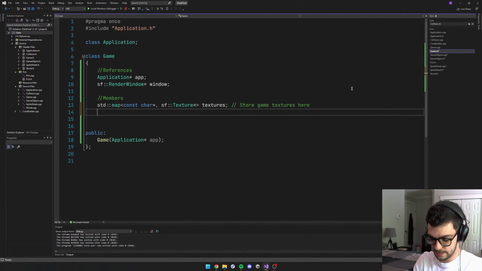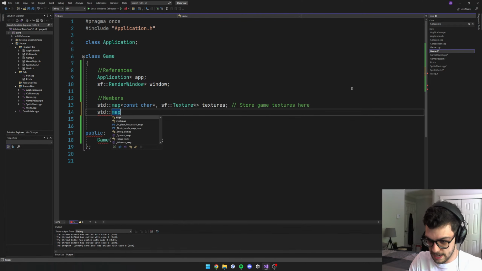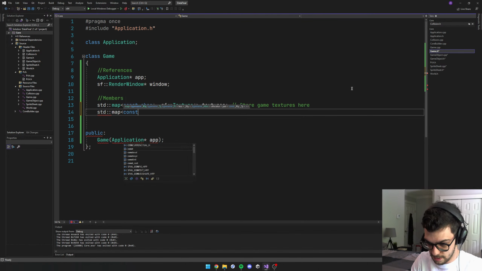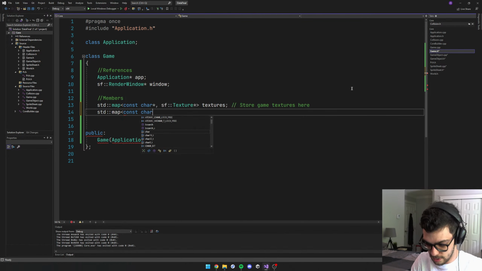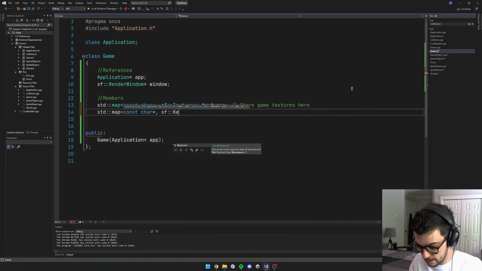So we're going to use a map, const char pointer, and that's going to be SF, input stream. No, it's going to be SF